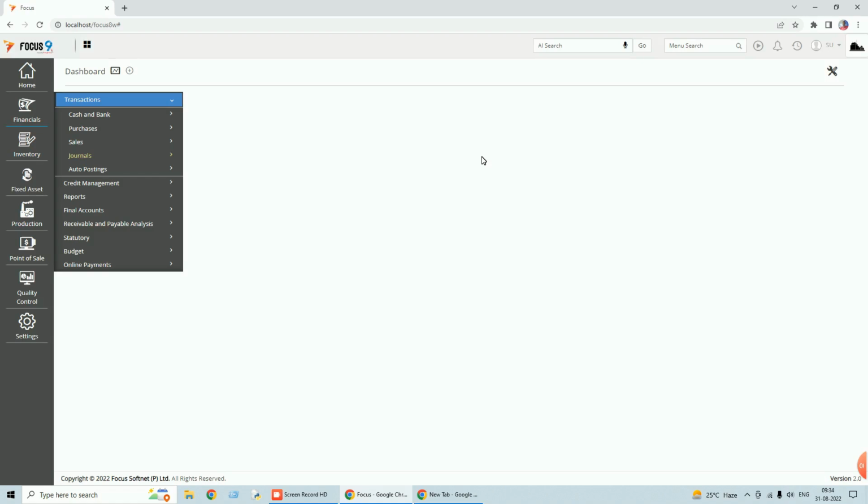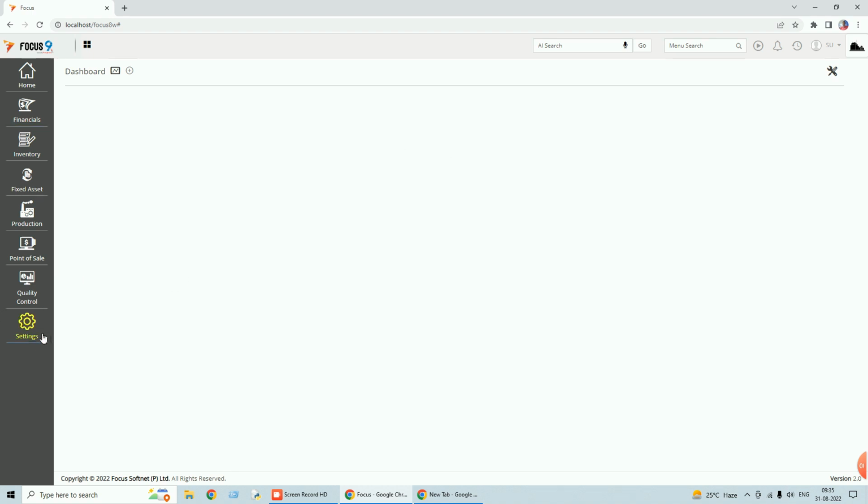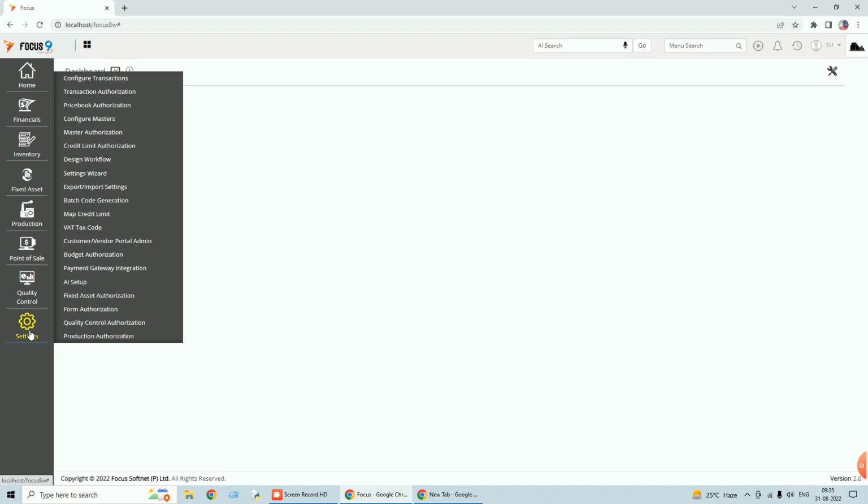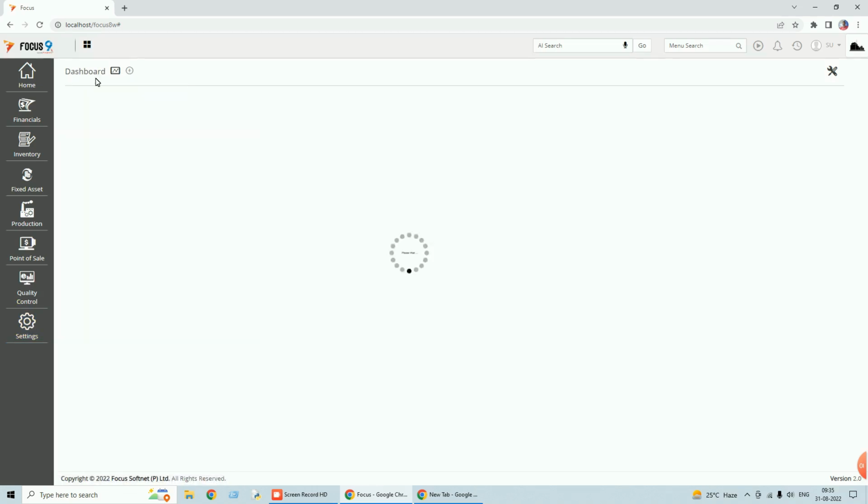Let us take example of purchase module. I will show you how to design a purchase module forms. Let us take local purchases. So to design the form, first we need to go to settings. Under settings we have configure transactions. When you click on configure transactions,